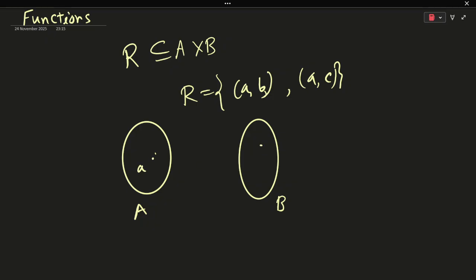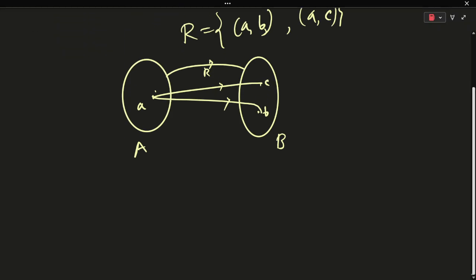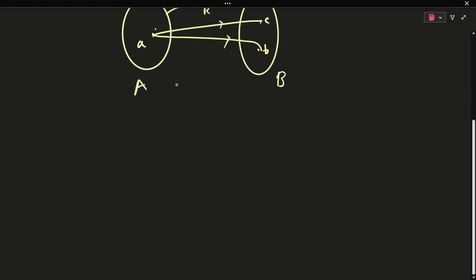Here an element A and there are two elements, namely B and C, okay, and in this relation A is related with C as well as A related with B. Now it happens only a relation but not function. So দেখা যাক যে what is the definition of function? So at first we know that